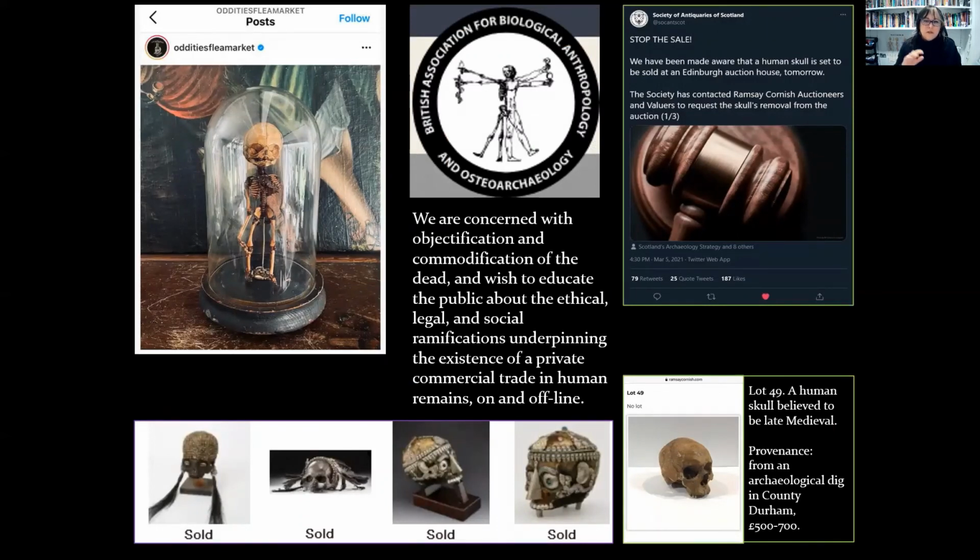So we're seeing, and I do apologize if anyone's uncomfortable looking at these remains, but I do have to show you these to get my point across. So our subgroup in BABIO is really about educating the public about the objectification and commodification of the dead. And we want people to understand the legal, the ethical, and the social ramifications,